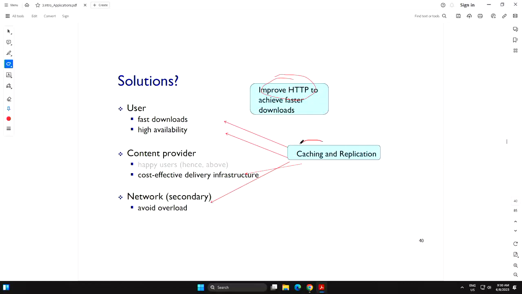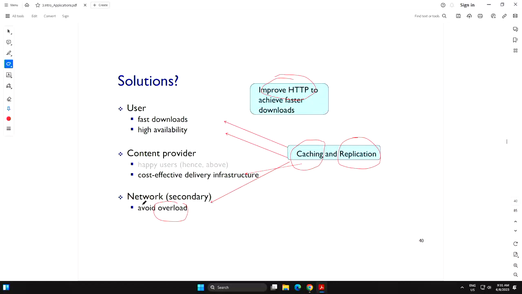We'll also talk about caching and replication, okay? And you'll see that by implementing caching and replication, you can improve the user experience. You can also improve the network overload. So when we say network is an entity, network is the networks of networks, the internet, and this is not really owned by any particular entity, the entire internet.